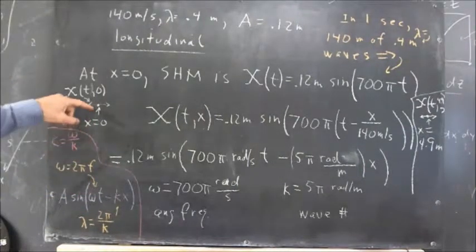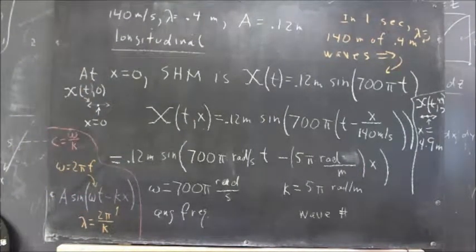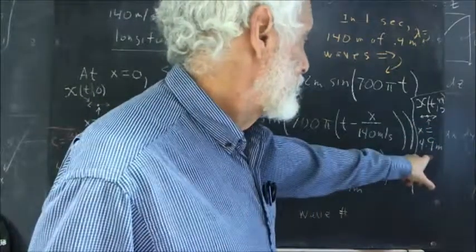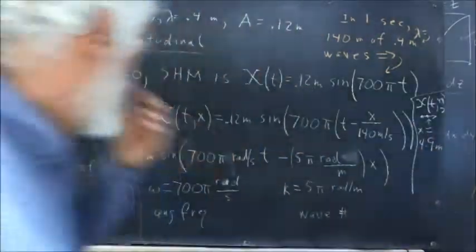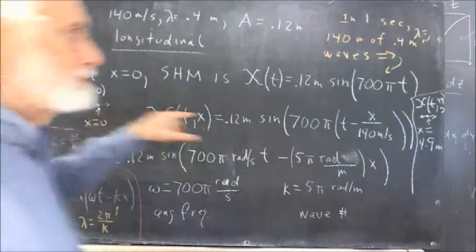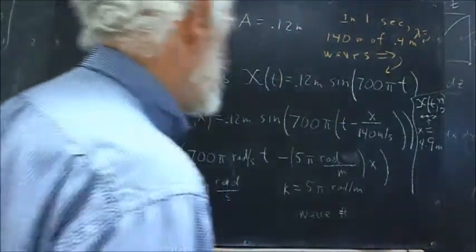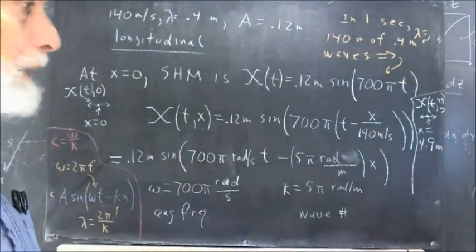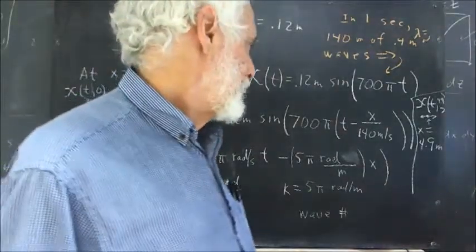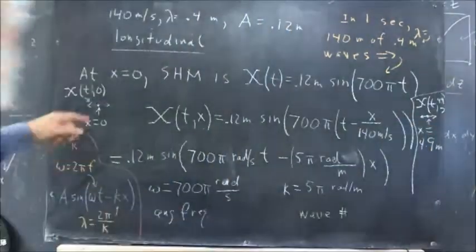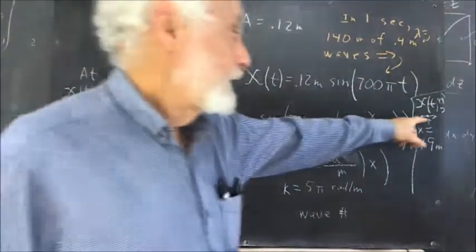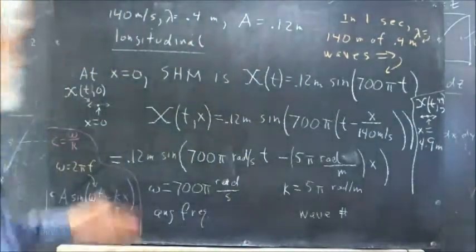Briefly, let's say that here's our x equals 0 position for this wave, and here's our x equals 4.9 meter position. Okay, there's a delay of a certain number of seconds for 4.9 meters. It's going to be about 1/30th of a second for the wave to get from here to here. And during that 1/30th of a second, this